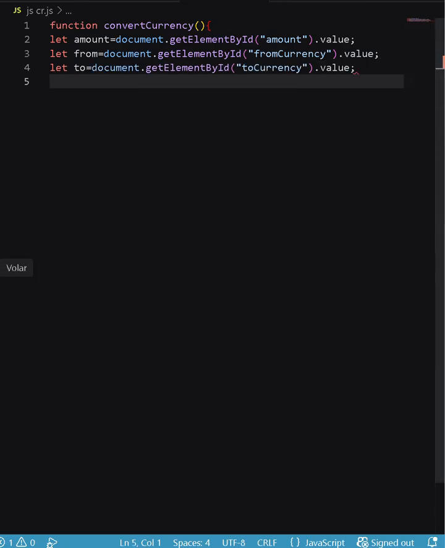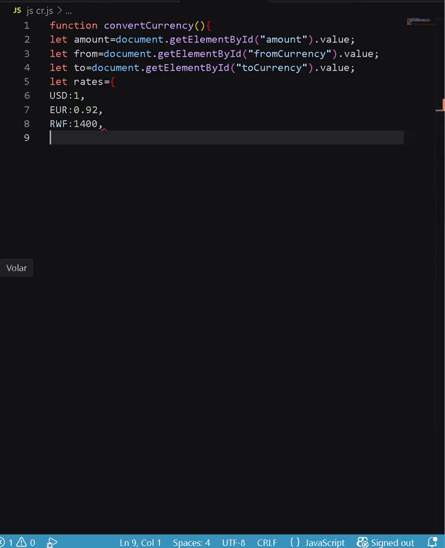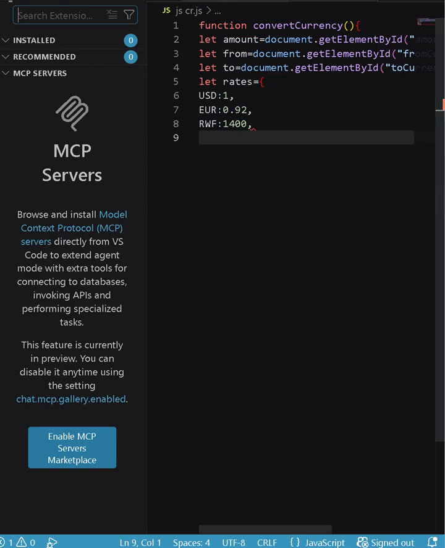Now let's go on, let to the same as from also. Now let's go on, let rates equal curly bracket, and then USD 1, euro 0.92, and then francs is 1400, and then this US dollar which is equal to 1,